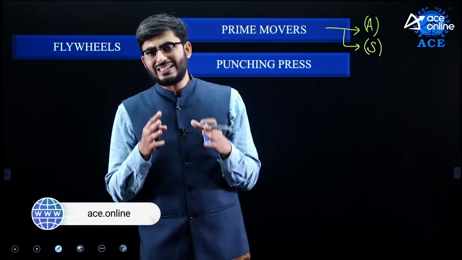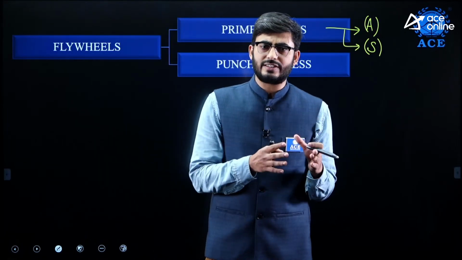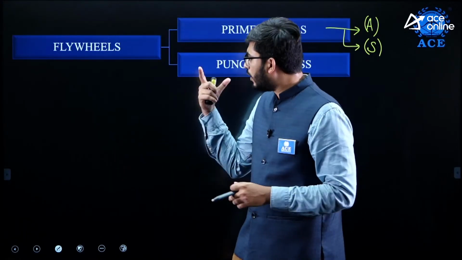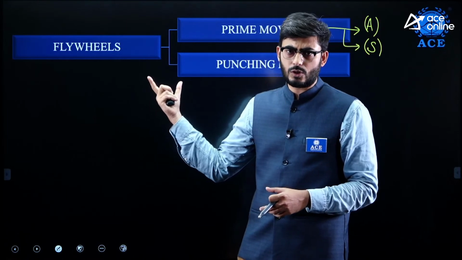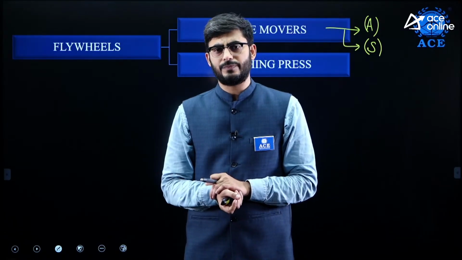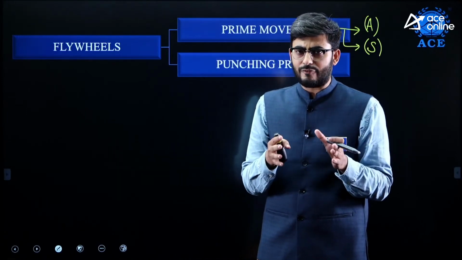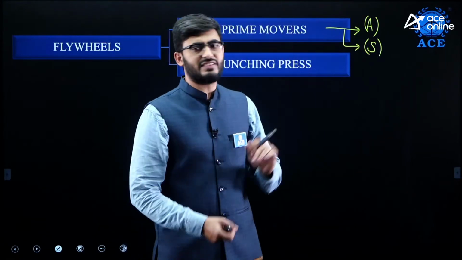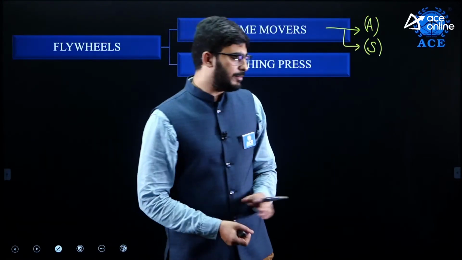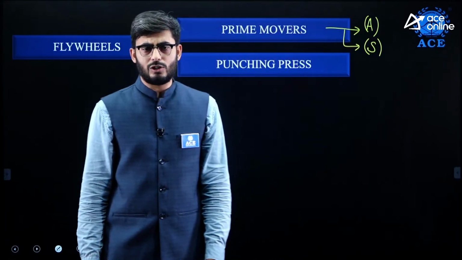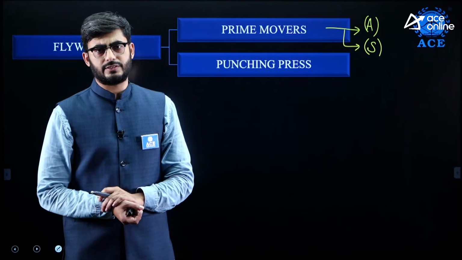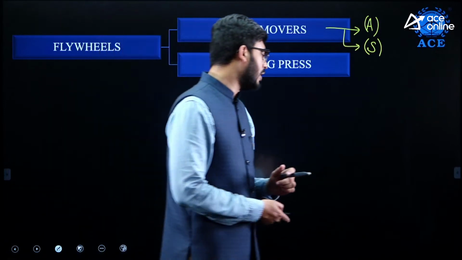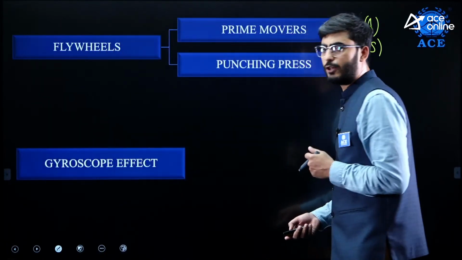Using that data we are required to understand what the fluctuation in energy is, what the energy stored in the flywheel is, what the energy required to perform a certain operation is, and what the energy stored in one cycle is. With that graph, we'll be getting a question which is of synthesis type. Similarly, in the punching press application also we'll find the same trend of questions, either application or synthesis based.